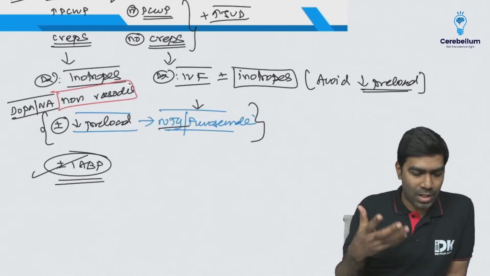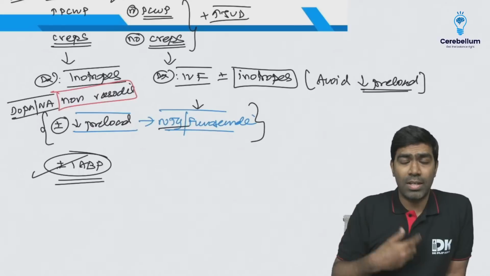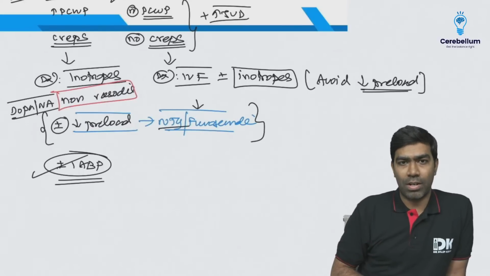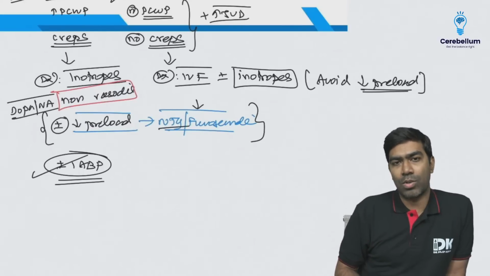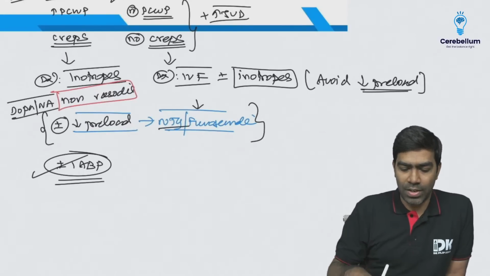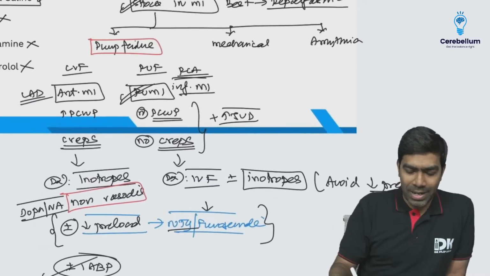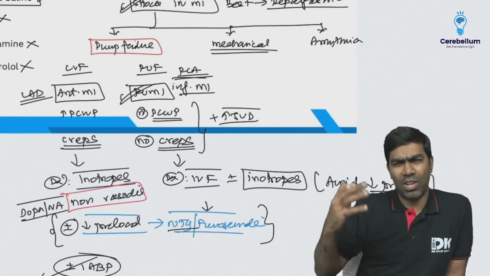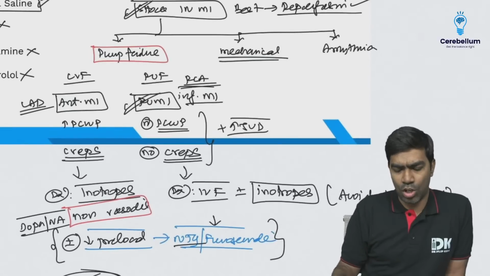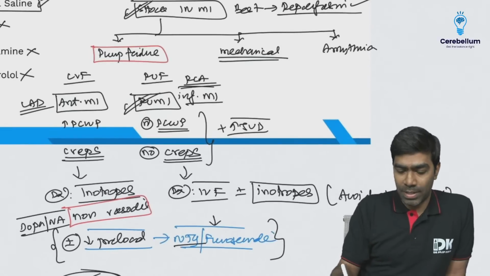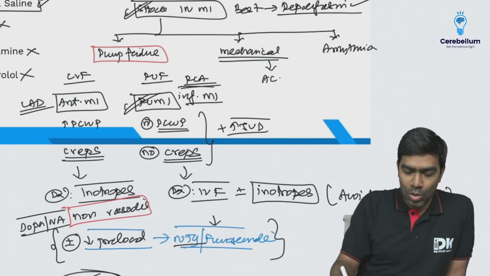Somebody is asking how IV fluid works in RVMI: because of the preload sensitivity of the right ventricle, it will stretch the right ventricle and the Frank-Starling law is going to push the right ventricle to produce more contractility. Mechanical complications are different. IABP will not be that effective in RVMI. You cannot use it. Mechanical complications means we are talking about acute MR, acute ventricular septal rupture